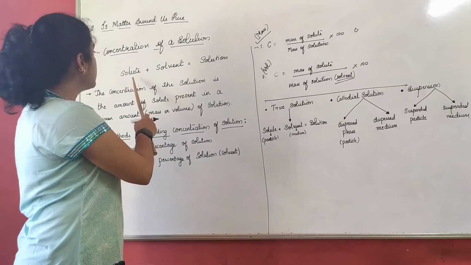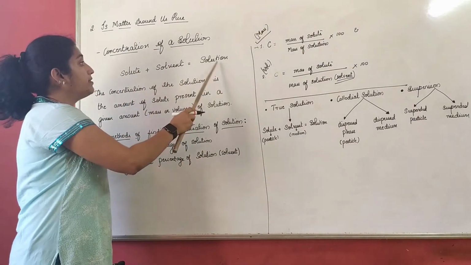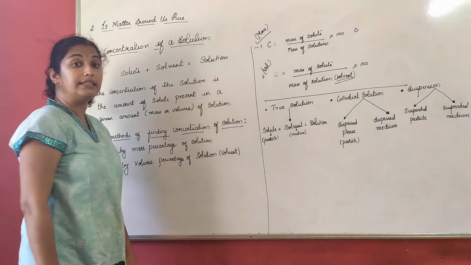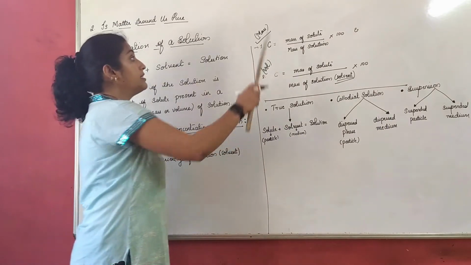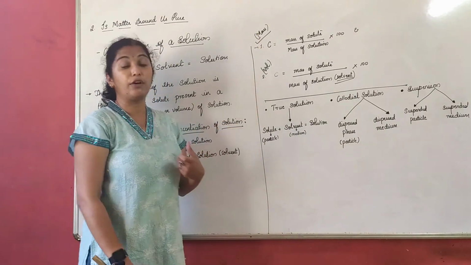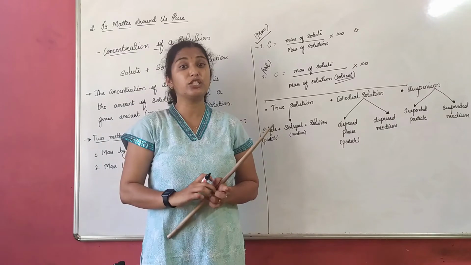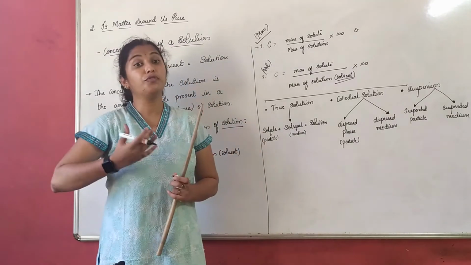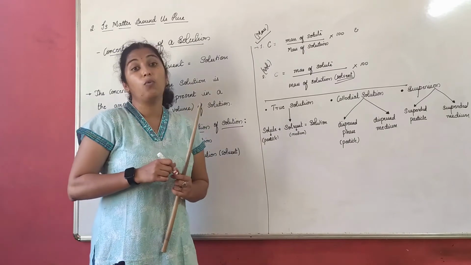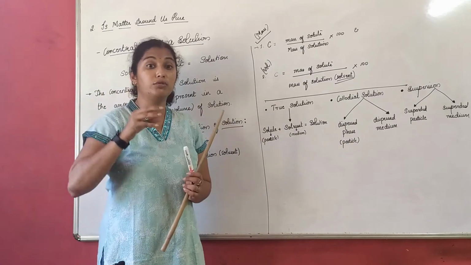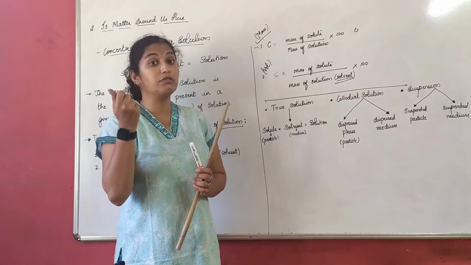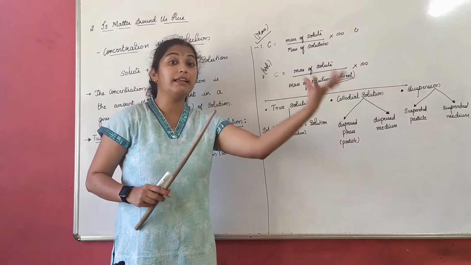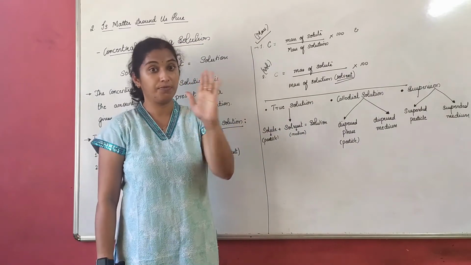Now see here, when we say solute plus solvent is equal to solution, I have written solution here and solvent here. Why? Because we are finding mass. For example, I take a glass of water and I add 1 spoon sugar in it, right? When I want to find the mass, that means I have added some solute to the solvent. Mass of the solute is also countable, mass of the solvent is also countable. That will give me the mass of the solution.